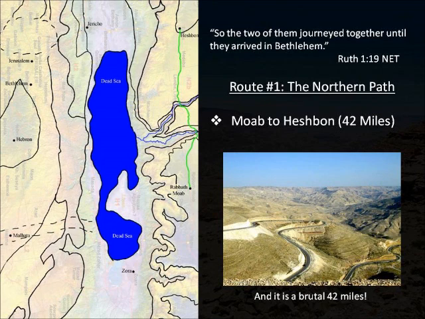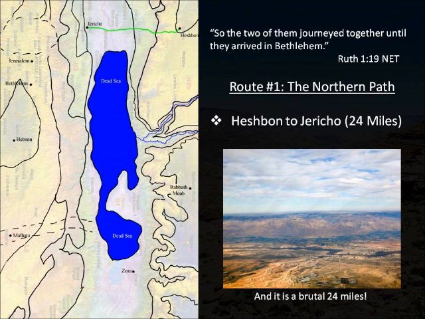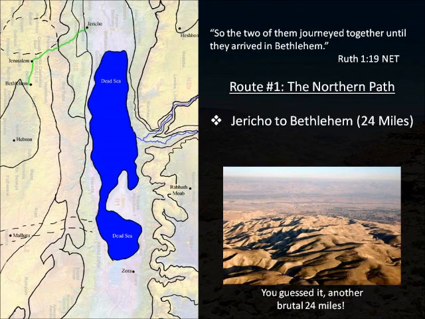That's a brutal trek. But you may not have seen brutal yet, because the next place from Heshbon to Jericho is 24 miles, but you're going to go down 4,000 feet in elevation just to get to the bottom of the Great Rift Valley there at Jericho. And again, walking downhill might seem easy, but if you do it for 24 miles, it will exhaust you. And you know what they say, the problem of going down is that when you get there, you've got to come back up.